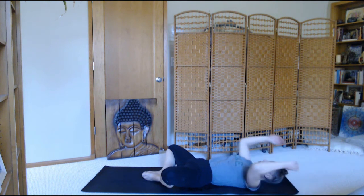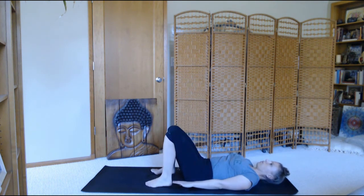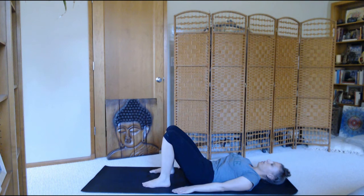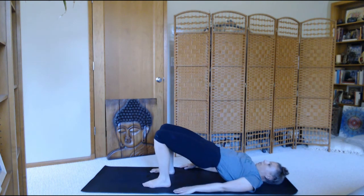Open the eyes, help the knees together. We'll bring our feet flat on the floor, setting up for bridge pose. Fingertips should just be able to touch the backs of the heels. Curl the tailbone and rise up to bridge pose. For this variation, we'll leave our palms flat on the mat,